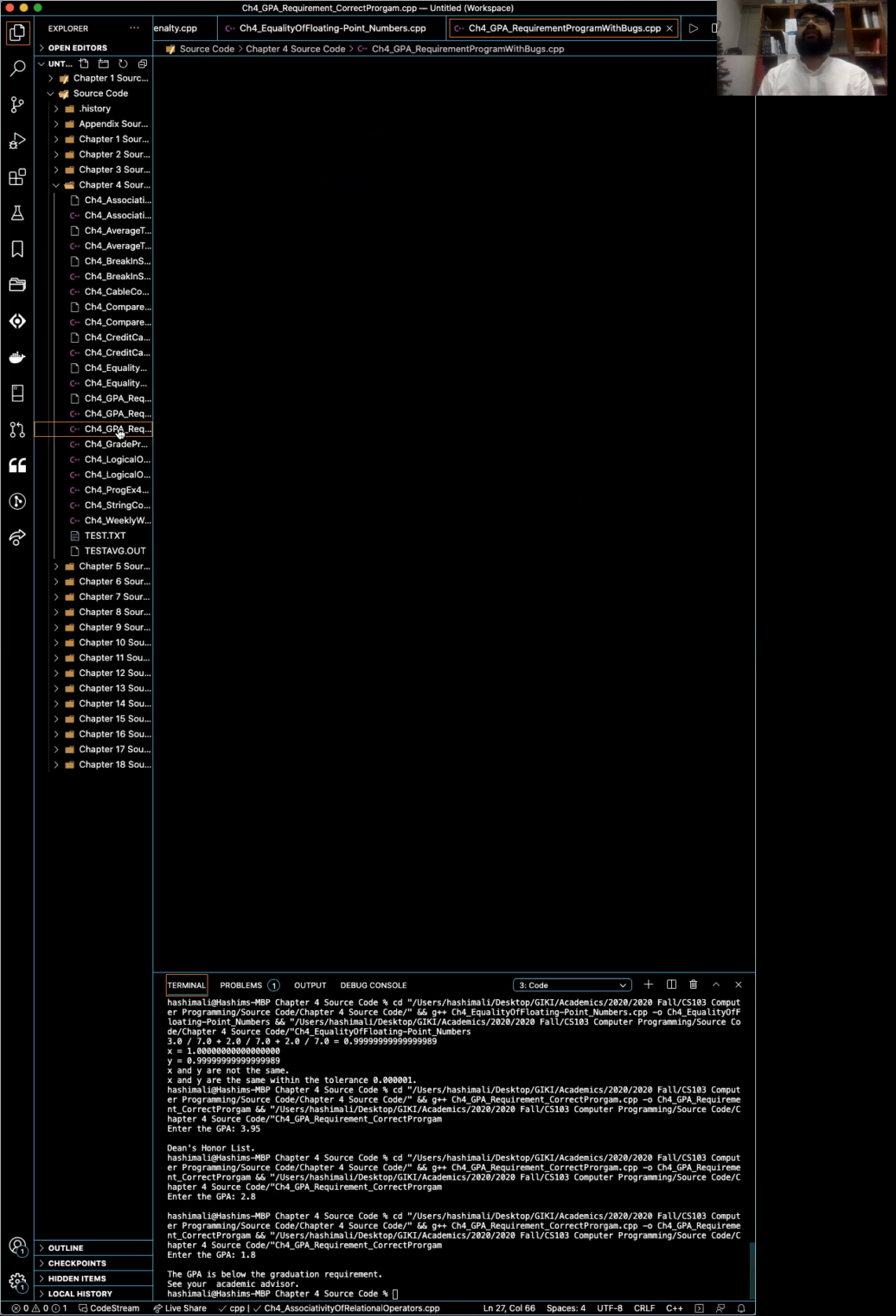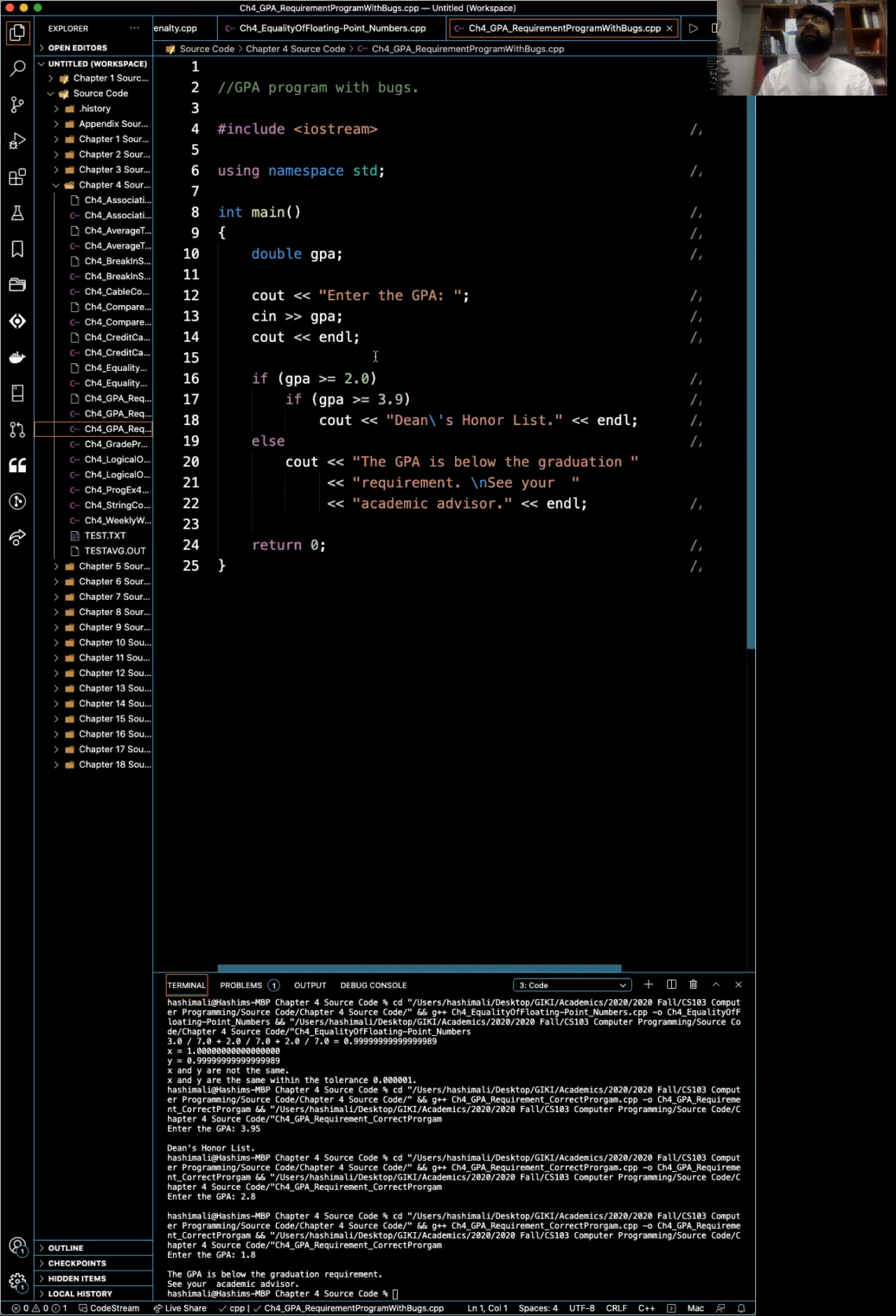So moving on to the next example, which is about GPA programs with bugs, with errors. And this is the exact thing where we've removed the braces. So now, despite the indentation, like I said before, this else is actually mapping to this if. So now if you enter a GPA, anything that is less than 2, it won't show anything